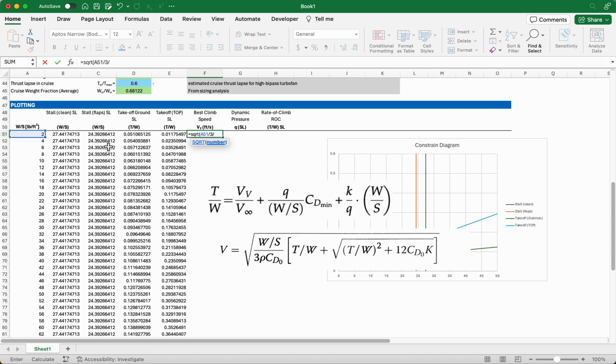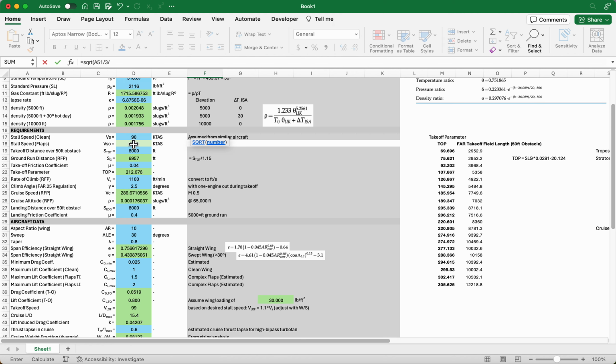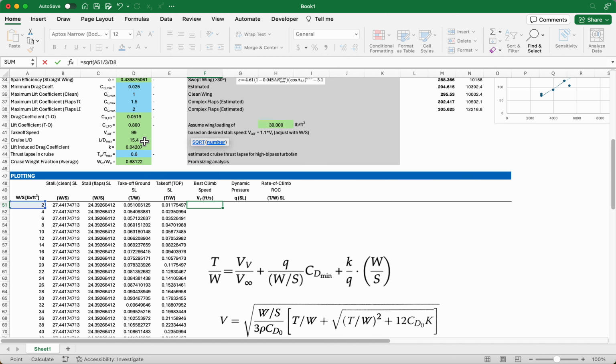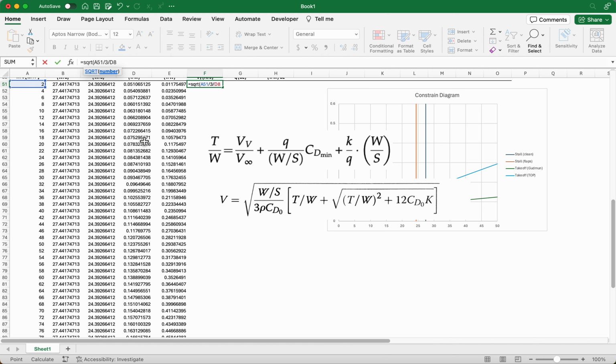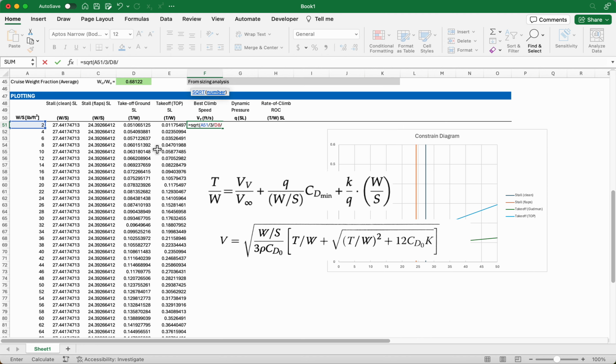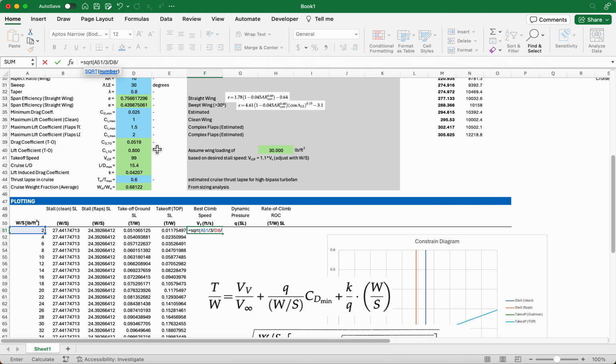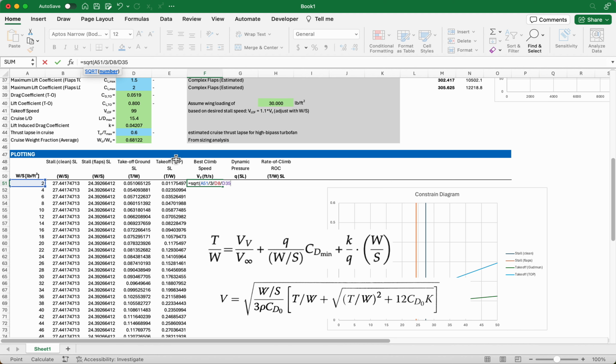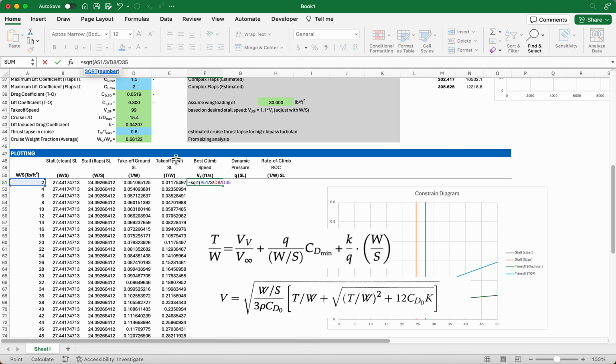So 3 divided by our density at sea level. Scroll up, find our density at sea level. Come back down, divided by our minimum drag. So our minimum drag, again, we estimated that as 0.025. And then we have all of this times, in brackets, our thrust to weight ratio. We don't have a value for thrust to weight ratio yet. This might be a problem when the equation gets in front of this, so I might have to remember H51